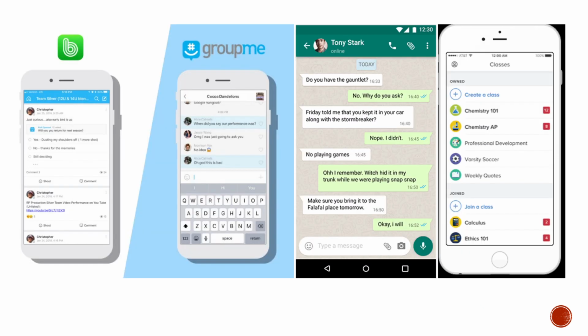So these are just some examples of different types of communication and what they look like. They look pretty similar to each other. There's not a whole lot of difference between them, except, as I mentioned, a couple of different features. But this is what you would see if you had these on your phone. I believe the one all the way to the left is Band. Then you have GroupMe, WhatsApp, and then I forget what this one is. The one all the way to the right, I think it might be Remind. But this is what they look like, and you can have different groups for different